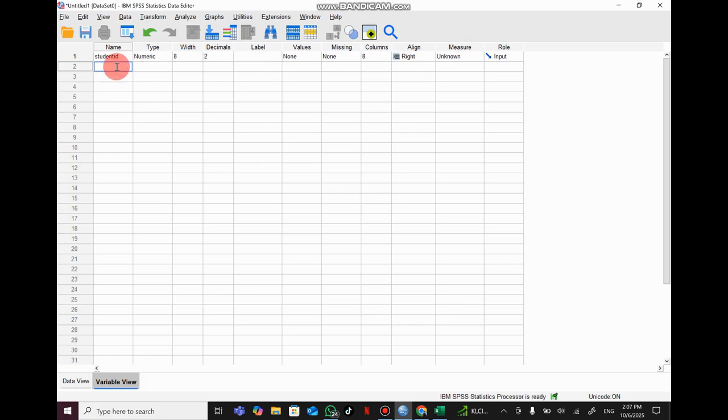We enter the variables first in the rows. The second is gender, and then third we have college. Then CGPA. Then we have another variable, time, and we can use the short form.